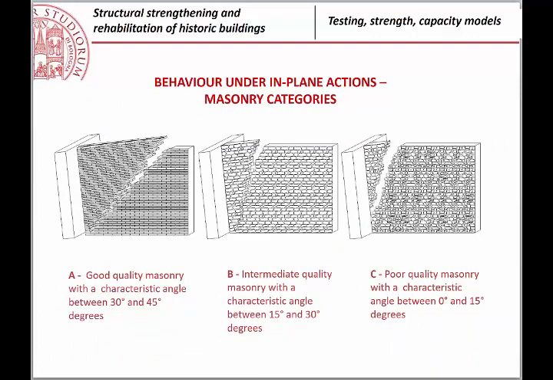Before going into how to classify the masonry, this picture is quite interesting because it shows you what the behavior of, for example, a connection of 2 walls can be if you have a good quality, intermediate quality, or poor quality. If you have a good quality, you see that, for example, if there is some action taking the transverse wall apart, okay,